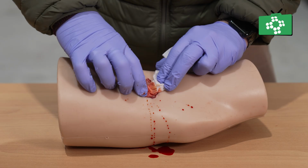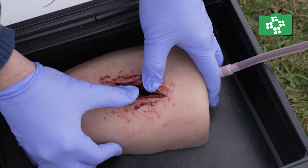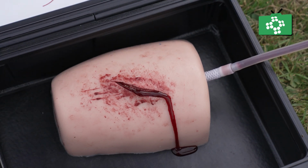Crafted from sturdy silicone, these trainers are designed for repeated use, enduring thousands of training sessions without the need for batteries or external power sources. Equipped with reinforced tubing systems and a one-way valve, the trainers facilitate the flow of TrueClot Blood Simulant, providing dynamic